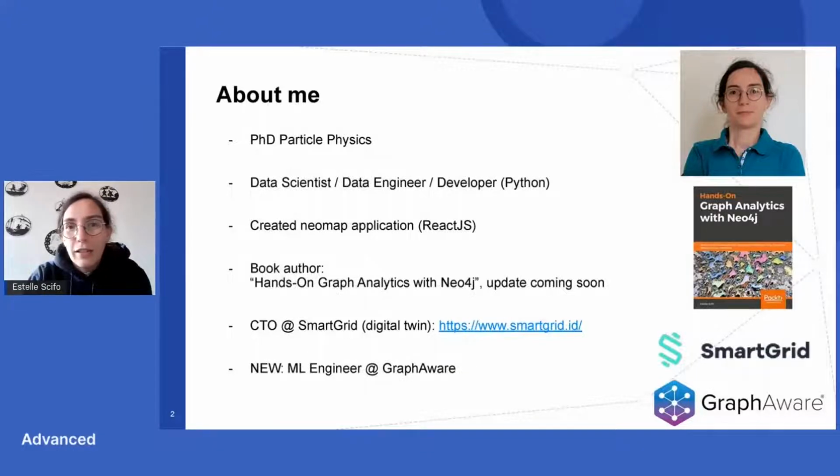For the past years, I've been working in a startup called Smart Grid, where we are trying to build a digital twin of the world, modeling all the entities and the relationships between them. And since a few months, I'm also working at GraphAware, a nice team doing a lot of Neo4j.